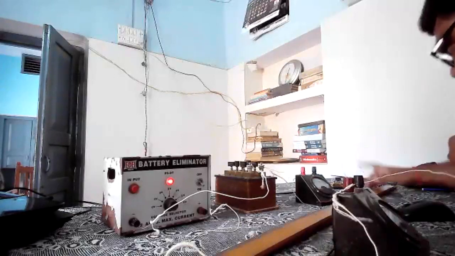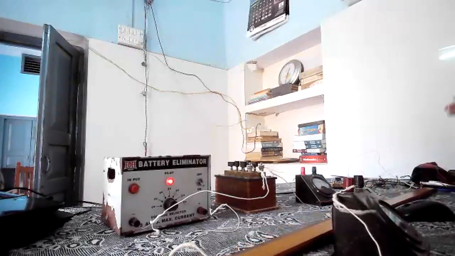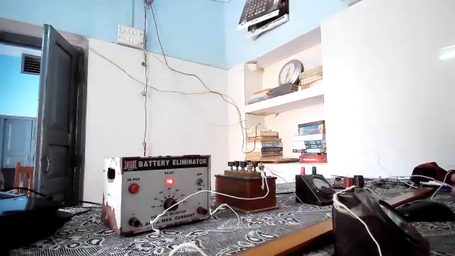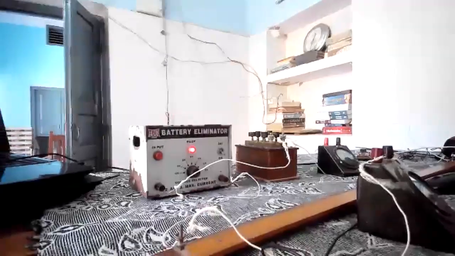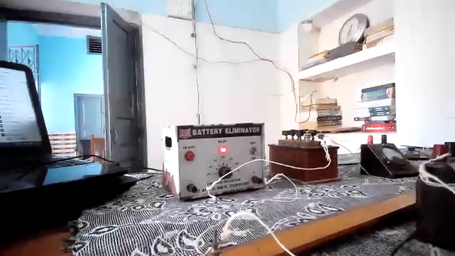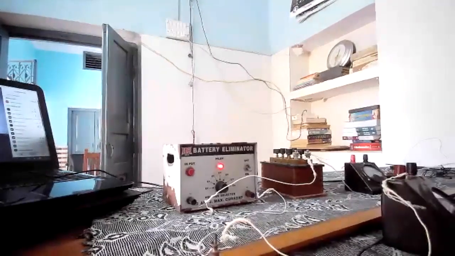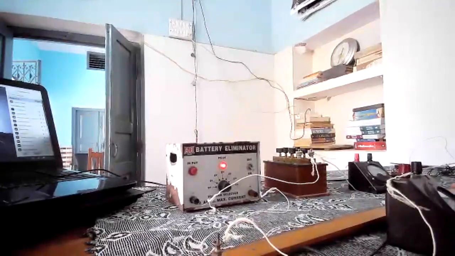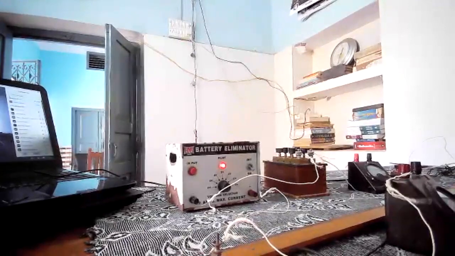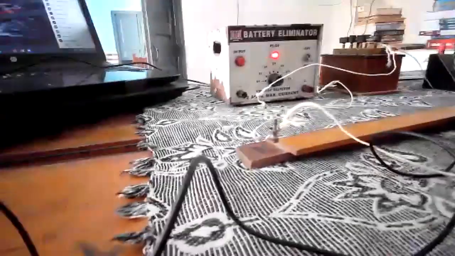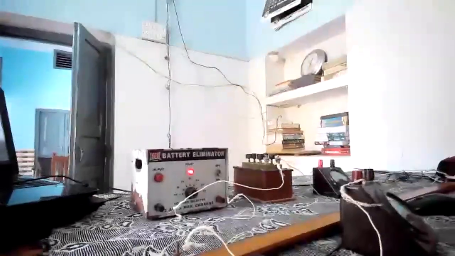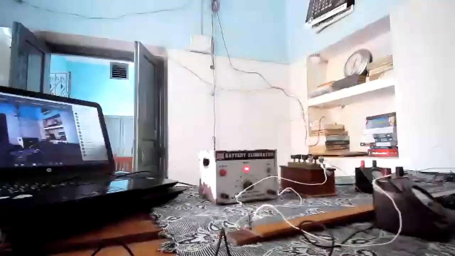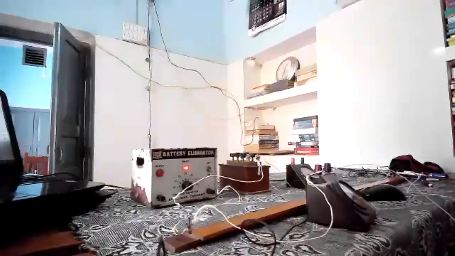Yes. So I am trying to show you once again. All these you can see here. Let me adjust the camera. It should be visible to everyone here. Yes sir, it is coming a little now. Only your stool is visible a bit. Yes, now.